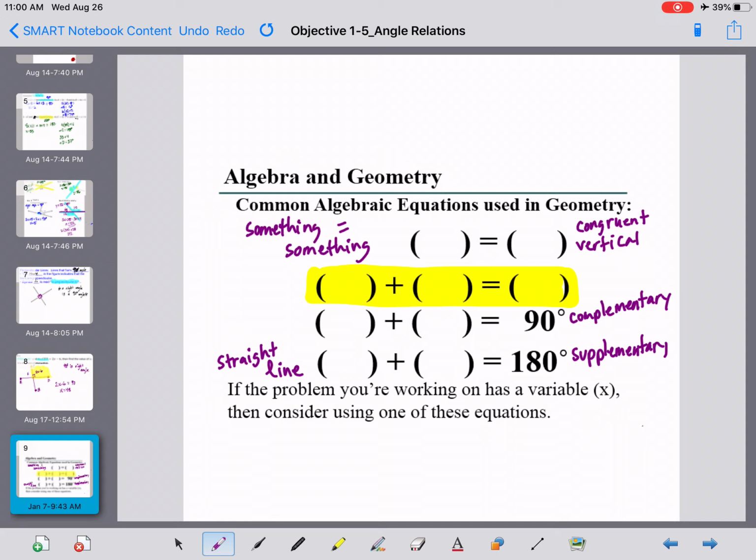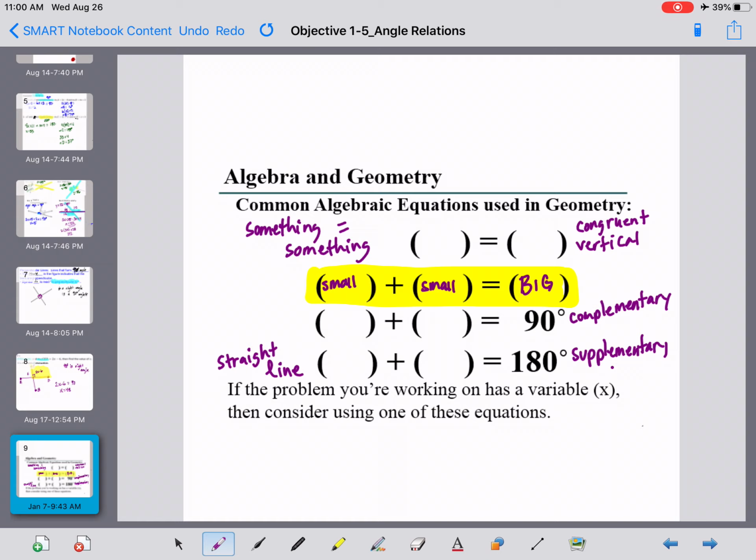Or when we had two smaller adjacent angles equaled the bigger angle. So this is almost like small equals the big one. Okay, so those are our 4 basic equations